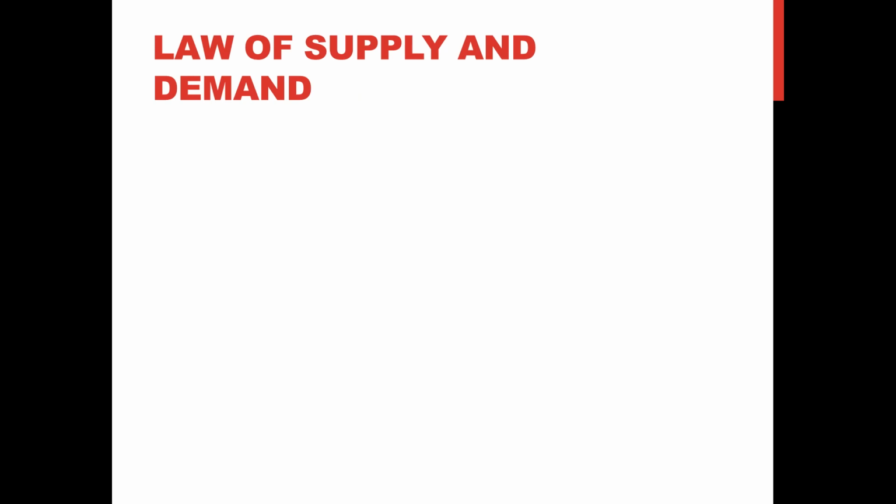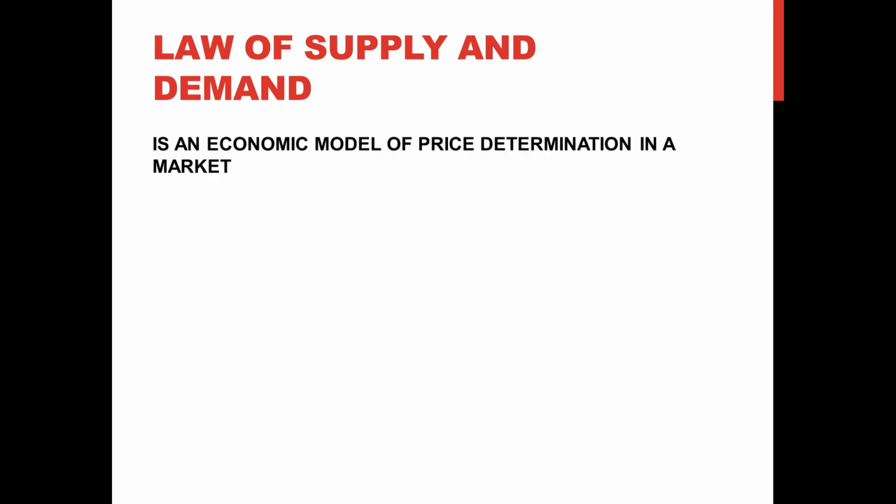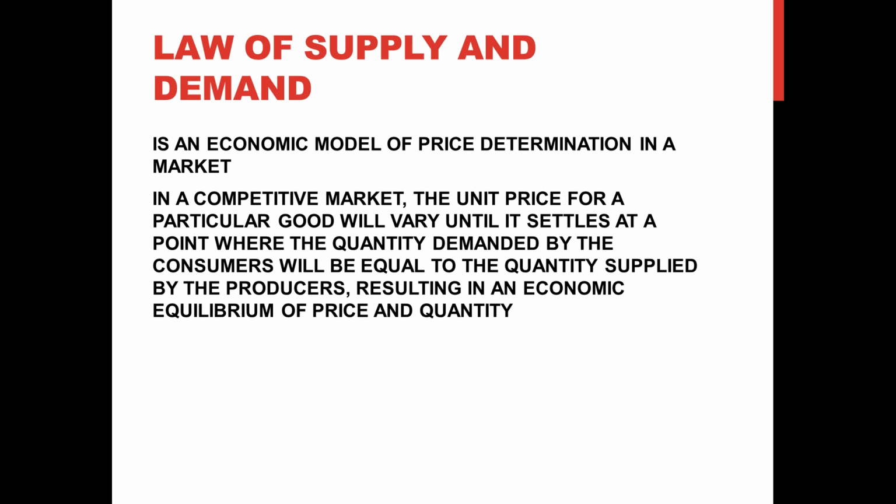So, moving on to the law of supply and demand. This is actually an economic model of price determination in a market. In a competitive market, the unit price for a particular good will vary until it settles at a point where the quantity demanded by the consumer will be equal to the quantity supplied by the producers, resulting in an economic equilibrium of price and quantity. So meaning,